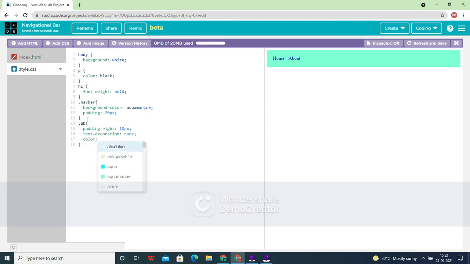Now let's give the color to be black. Got it? So now if you want something like this, what you can do? You can give a border which is 1 px solid black, and just see